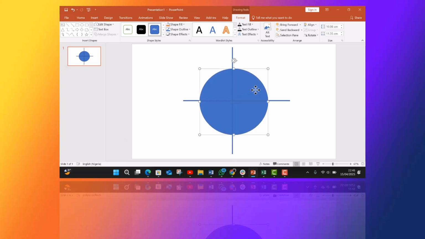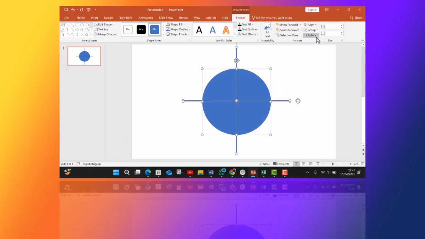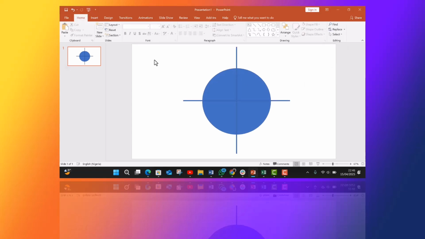Okay, you can also click on the circle, hold down your shift key, the first tiny rectangle, the second tiny rectangle, go to align, say align center. You are fine. Then draw